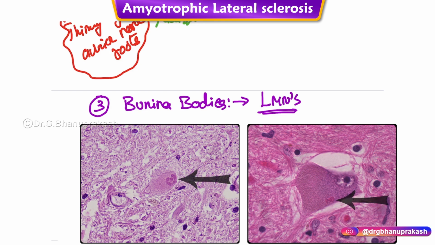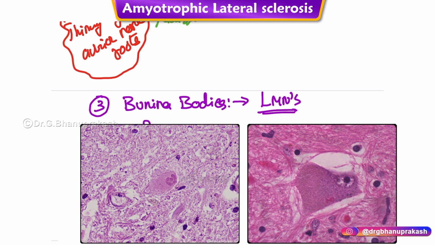They are present in the lower motor neurons that are spared. Generally, we said that lower motor neurons are actually lost, they are degenerated. But these Bunina bodies are present in the lower motor neurons that are spared. And what are these Bunina bodies? These are nothing but